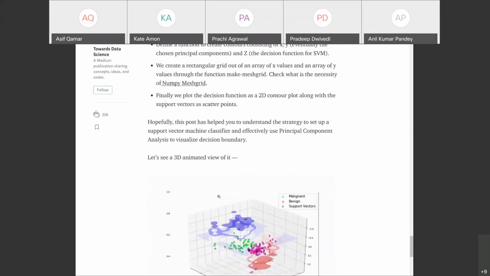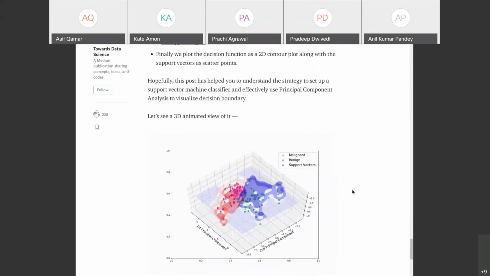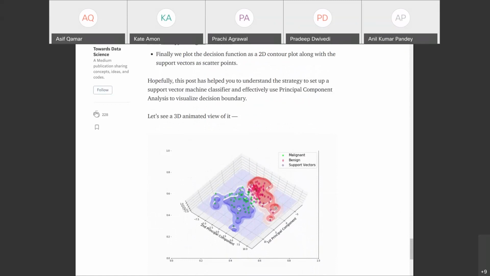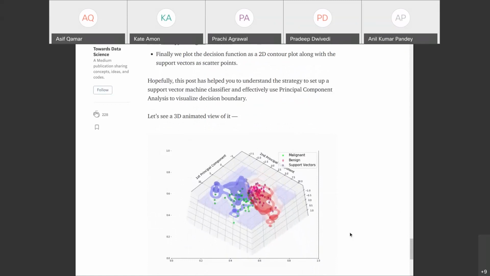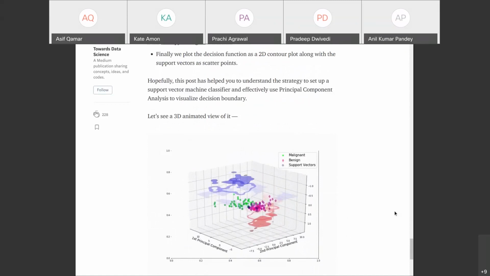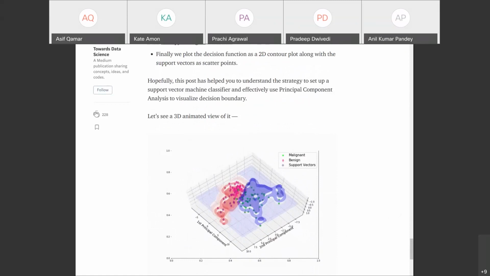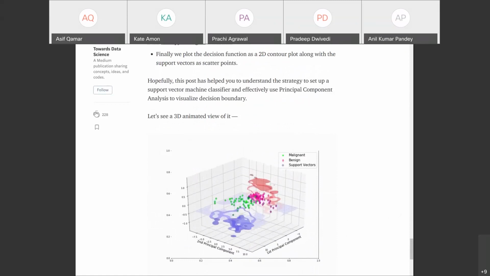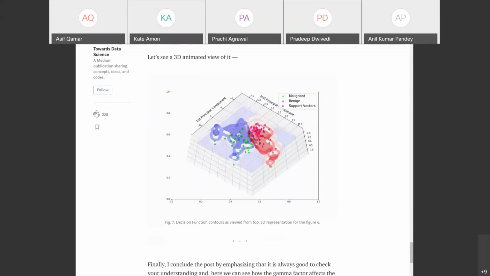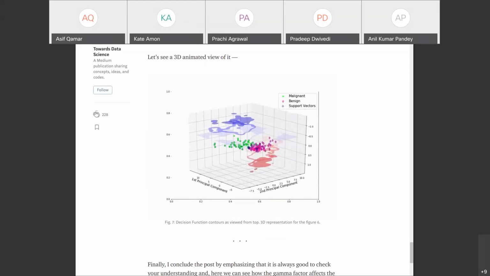And it creates a nice 3D animation. You can see that if you use three principal components, the data has even better separation. I don't know if this visualization conveys it, but if you look at it carefully, you'll realize that just three dimensions were enough to separate the data out. Now, this is not a toy example. This is a real data set that was one of the landmarks in machine learning history.